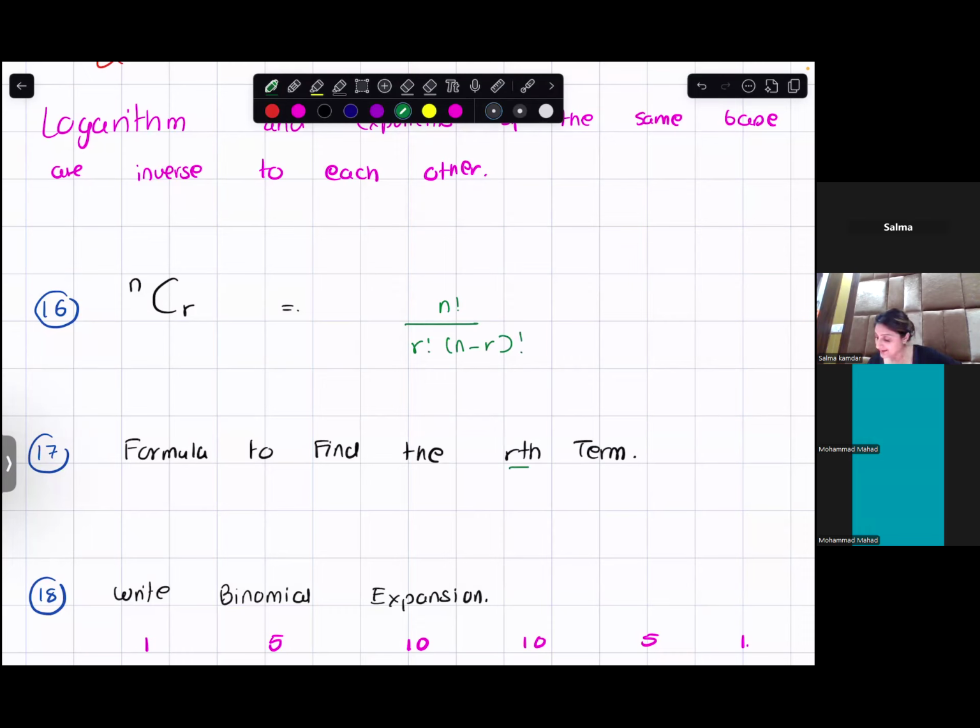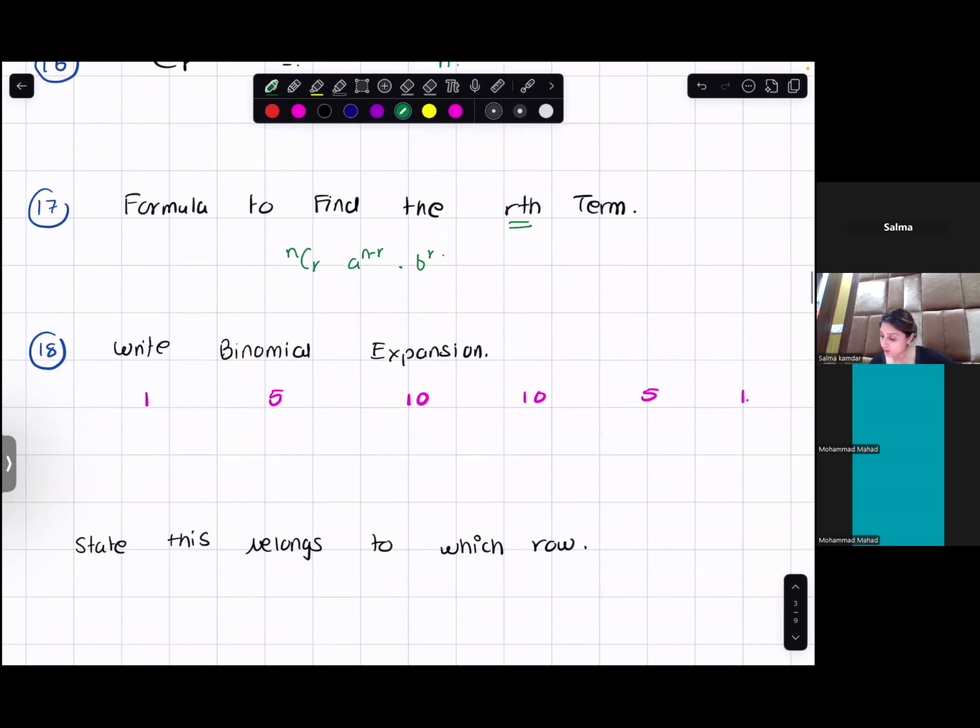How do you get the rth term? Could be the third term, fourth term, fifth term. So the rth term formula is NCR, a raised to n minus r, b raised to r. Are you with me? If I want to write the binomial expansion of this row of the Pascal's triangle, okay, so this is what,